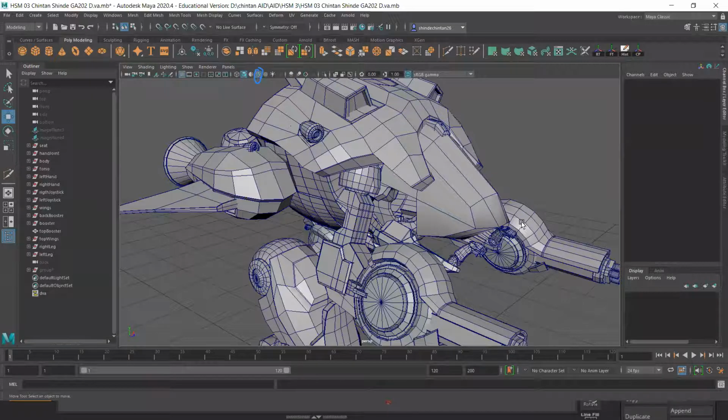Now after that, you have to make sure this is smooth enough. This is not smooth right now, so you have to add some subdivision level. Smooth this and add more loops in between. Similarly, if this part is also required, you can smooth it. Density wise, this is too high, this is too low, and these two are fine.